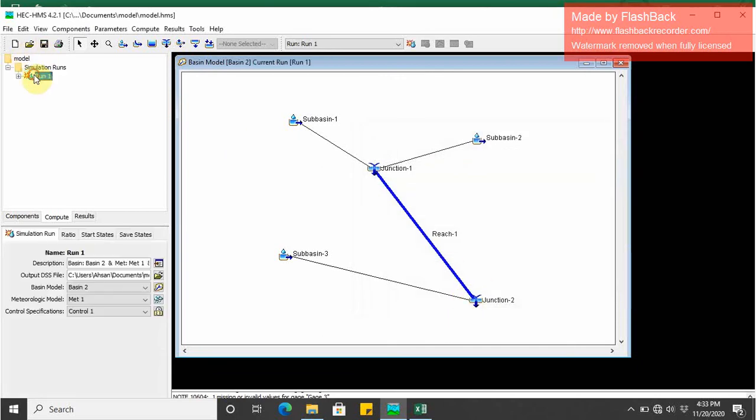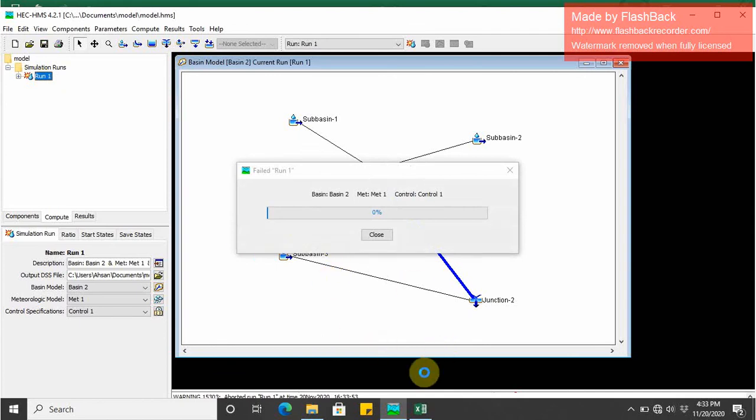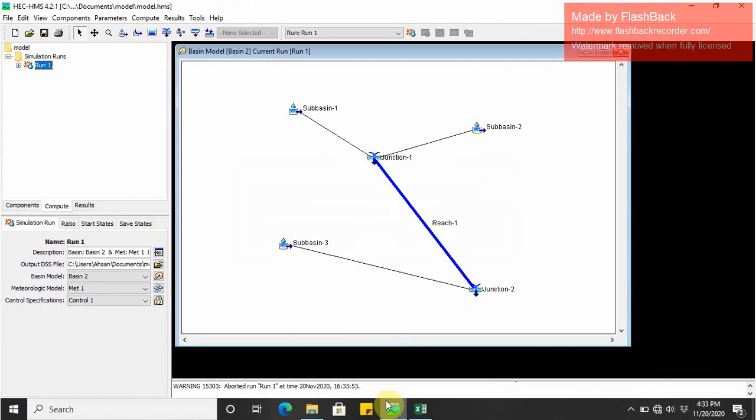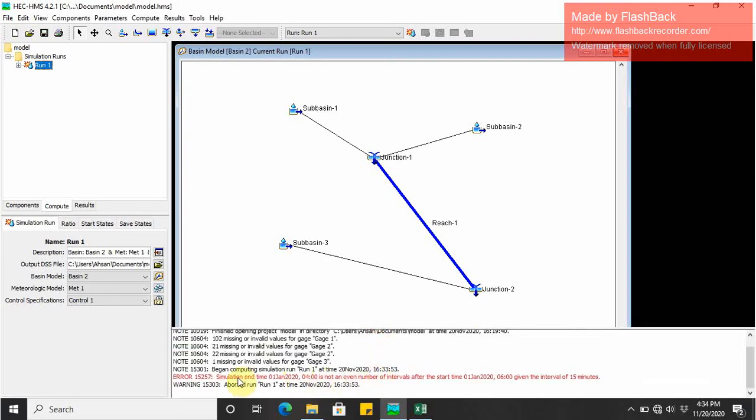And now I have to click on this run, right click on it and click on compute. Here you can see I have some error. You can see that this error is about run at 20 November 2020. Here you can see one thing: the simulated run at that time, 1 January 2024, not even number for the intervals. Okay, there is some issue with the intervals, so I have to go to the